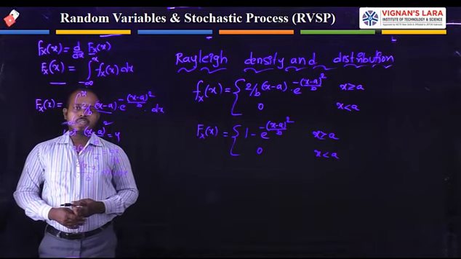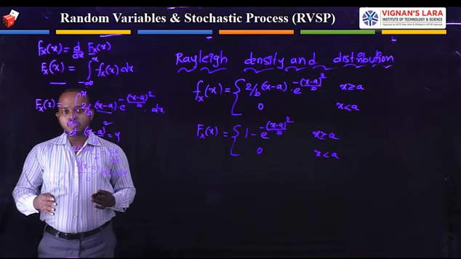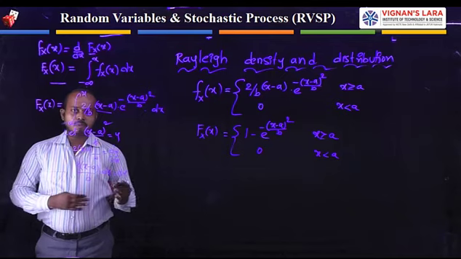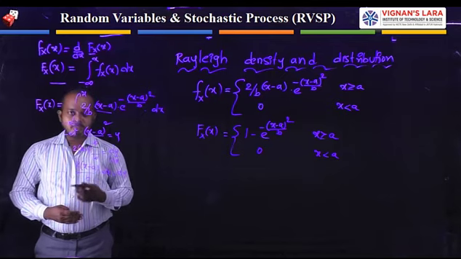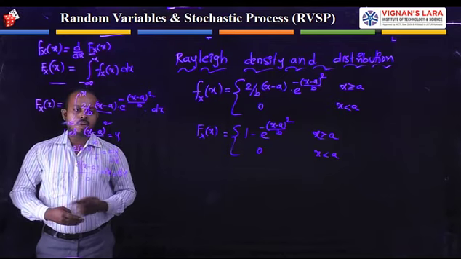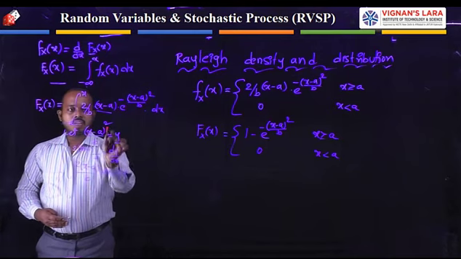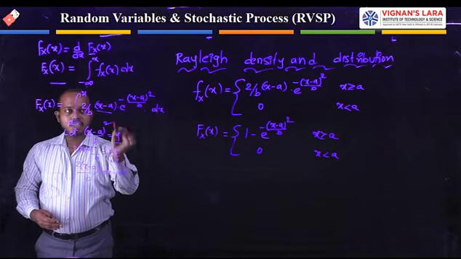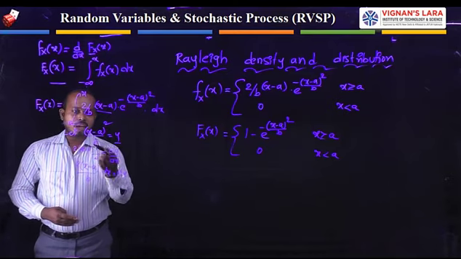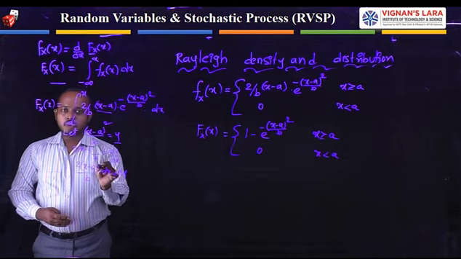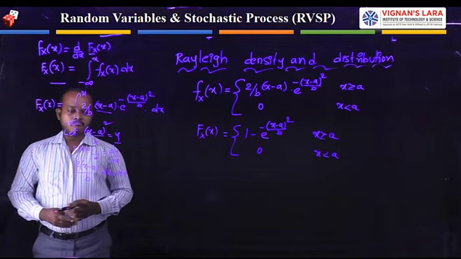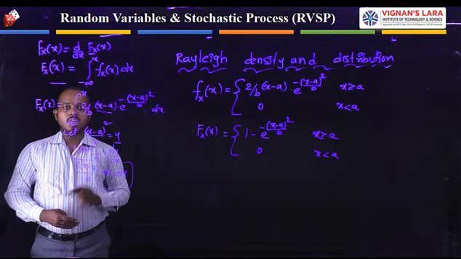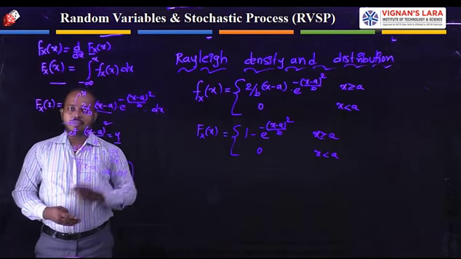Here what I am doing is changing the x value to a y variable. Why? Because I am simplifying the integration terms for my convenience. That's why I am taking one assumption, y. Y is the power of the exponential term, completely treated as y except the negative sign. Then I am applying the differentiation on both sides with respect to x. From this, I am obtaining that the complete term in the integration is replaced by dy.